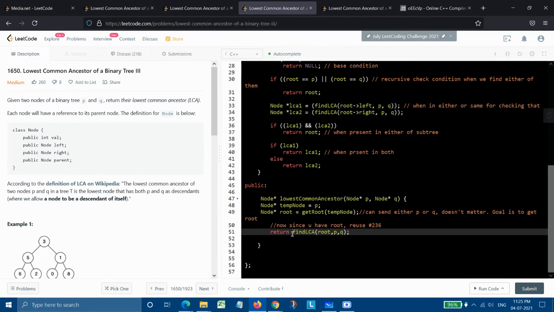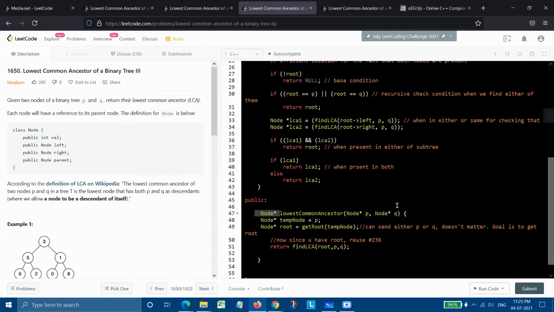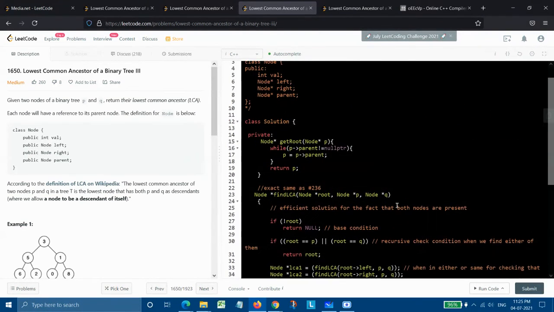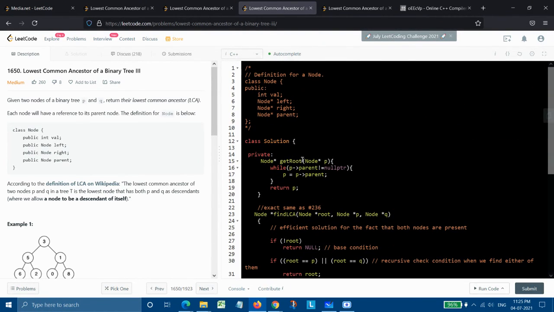Basically, this find LCA function needs to have the return type node so that there is no error. So let's come to this getRoot function. It is a simple function.